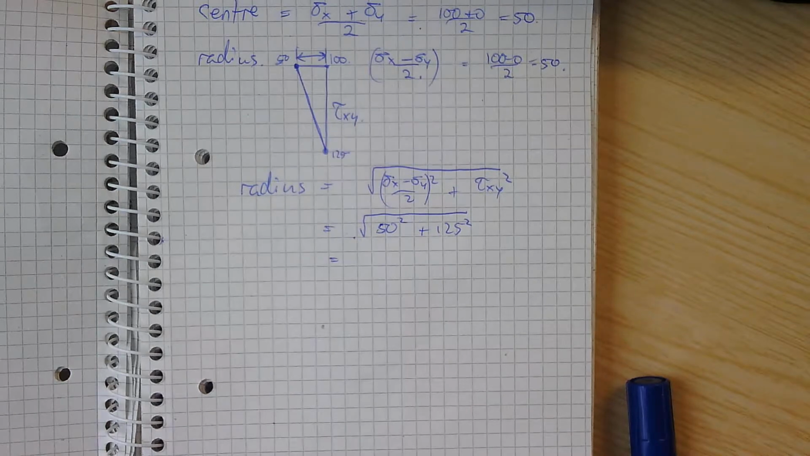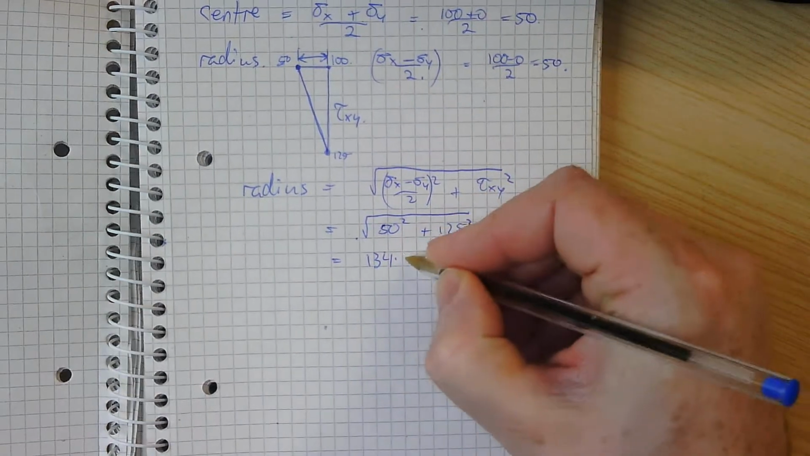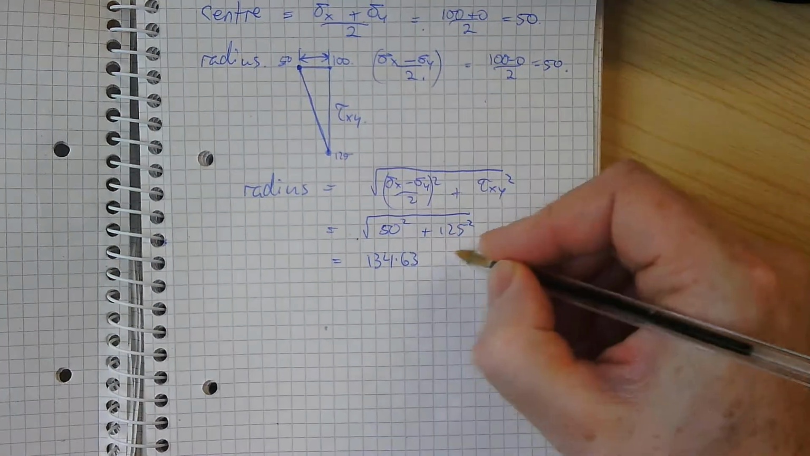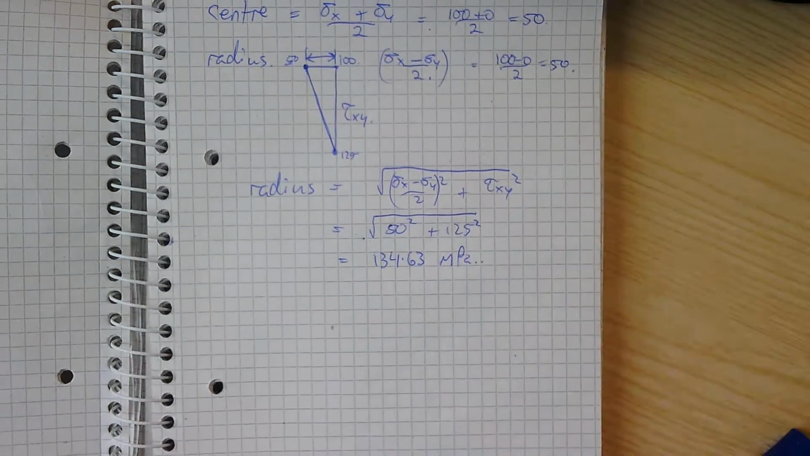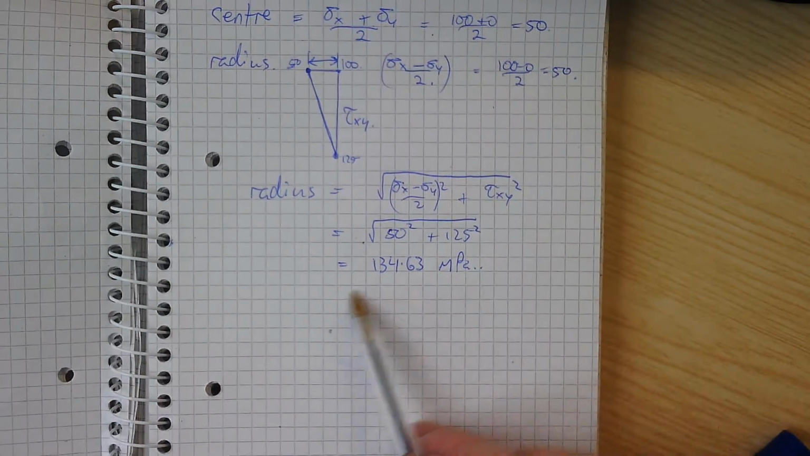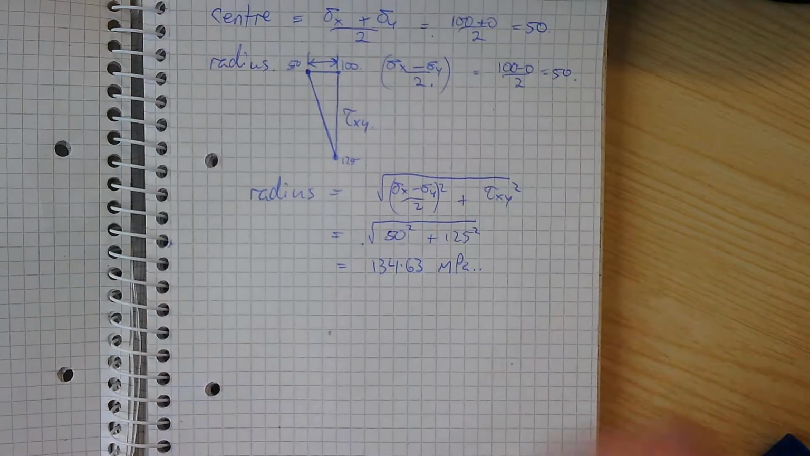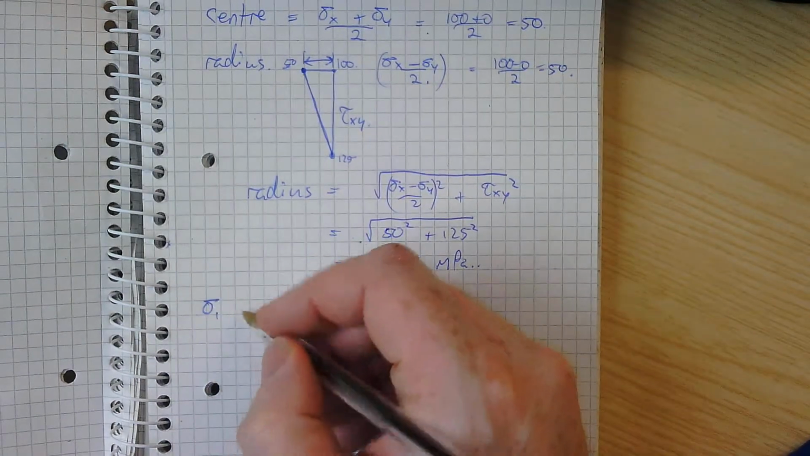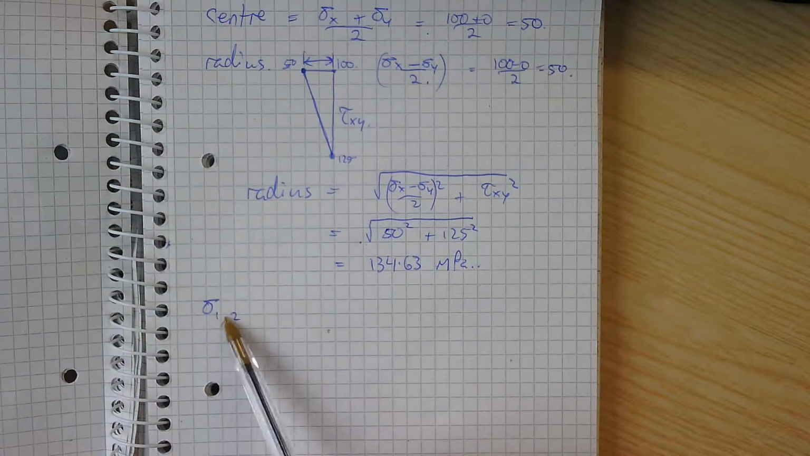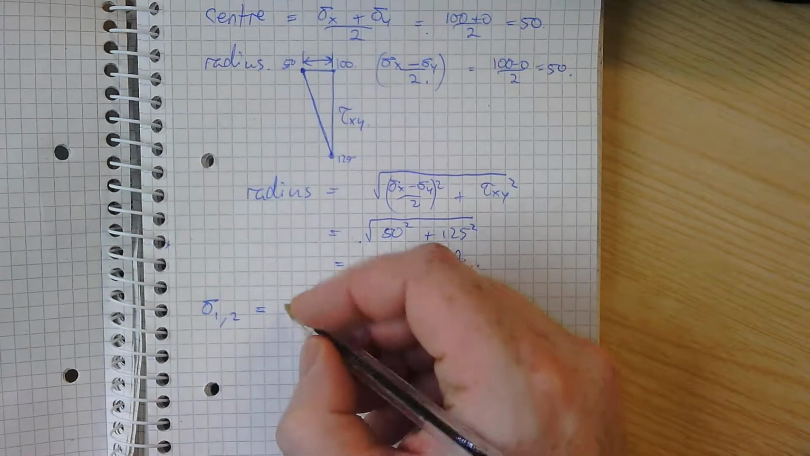Well, that is Pythagoras' theorem there. It's the square root of the sum of the squares, which is the hypotenuse of a triangle. So 50 squared plus 125 squared is 134.6 megapascals. Okay, so if the radius of the circle is 134.6 megapascals, then the maximum normal stress and the minimum normal stress, sigma 1 and 2, is just 50 plus or minus